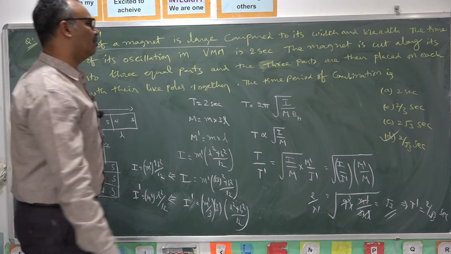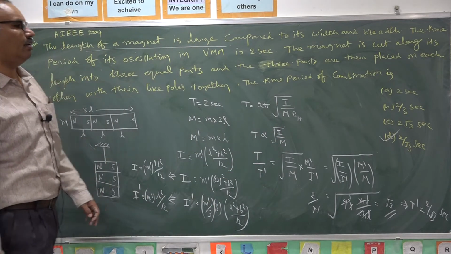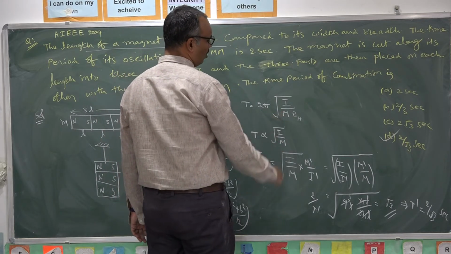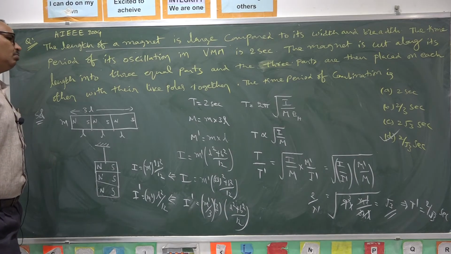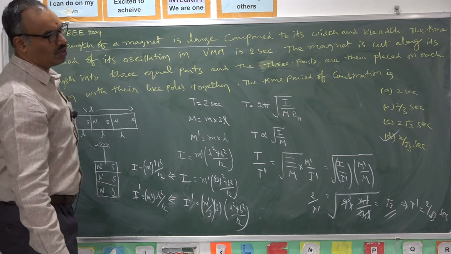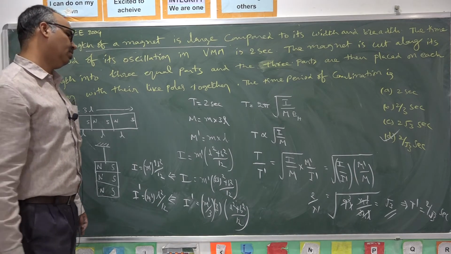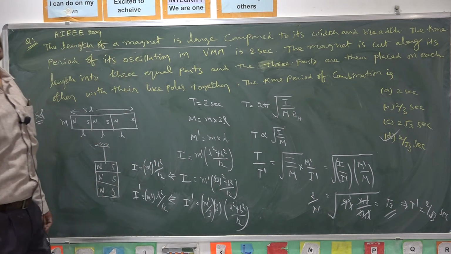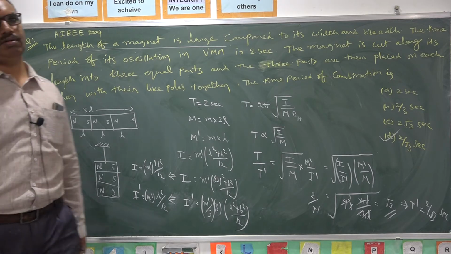So in vibration magnetometer, we will suspend a magnet with the help of a thread. It will do oscillations. The time period of oscillation, we derived this formula, 2 pi root I by MBH. As BH is the same in both the cases, time period is proportional to square root of I by m. In the first year, we studied about moment of inertia. Moment of inertia is m into L square plus b square by 12 for a rectangular slab. So by applying these values, we calculated the solution for the given problem.